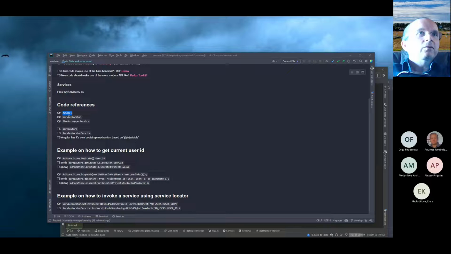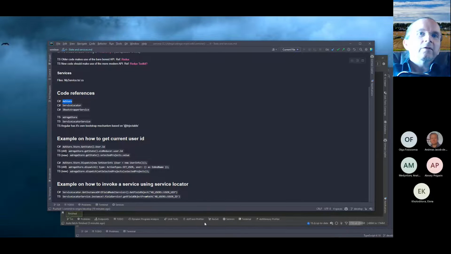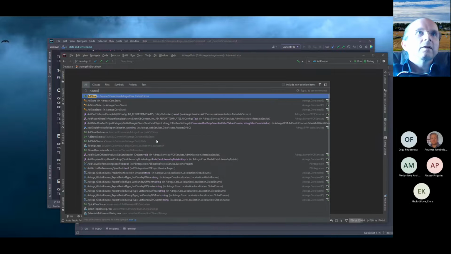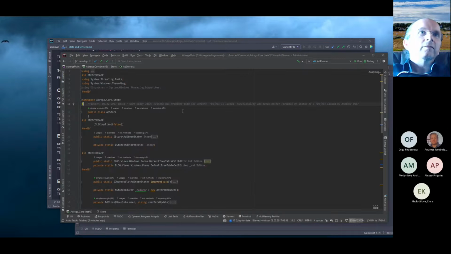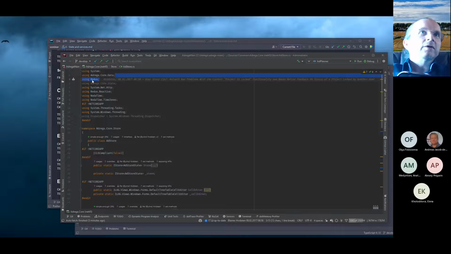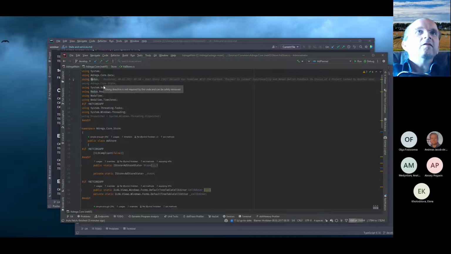So let's take a look at some code. Let's go to C# first. So this is the main entry point for the C# services. You will notice that we use Redux library. This is actually initially downloaded from NuGet, but